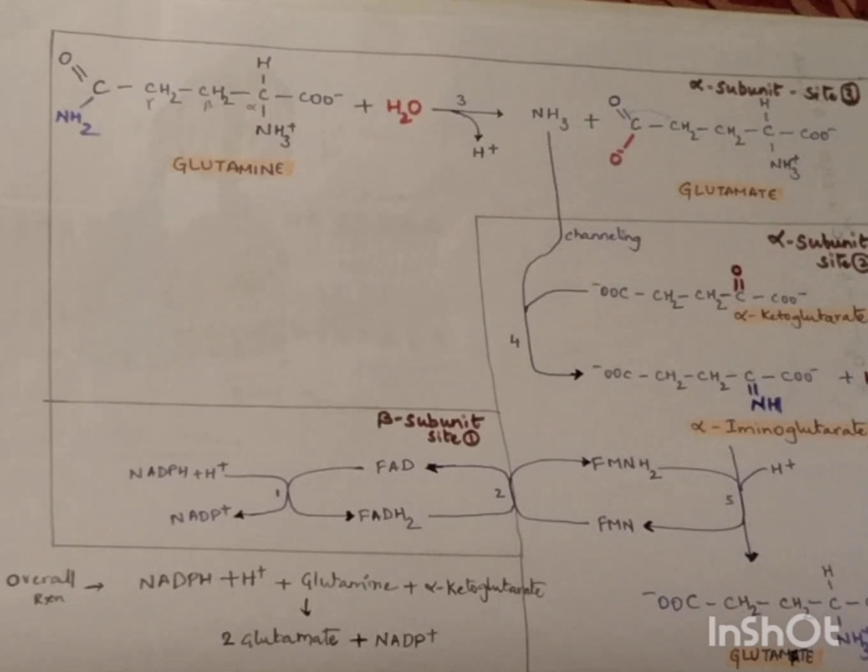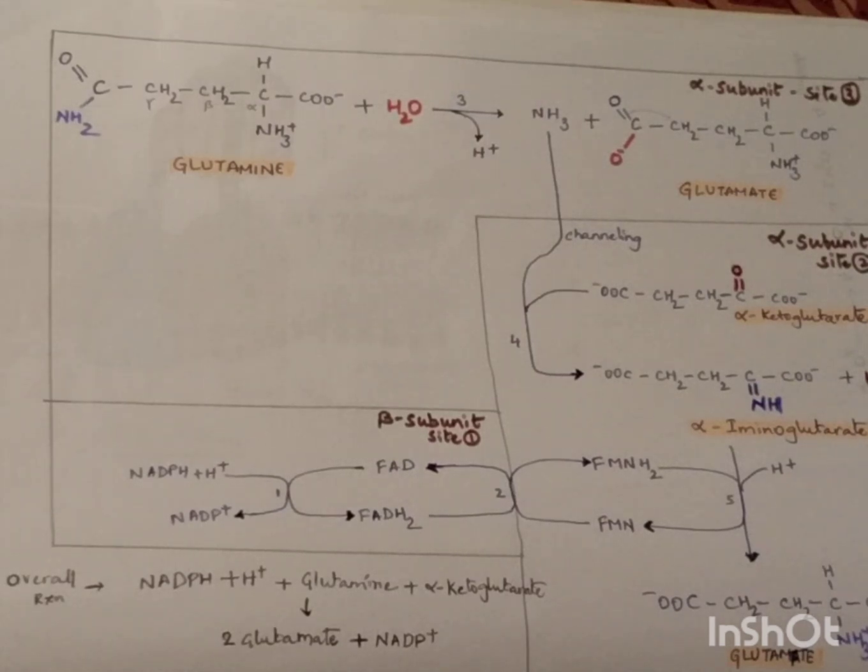Alpha amino nitrogen in the form of glutamate is an essential nutrient for non-essential amino acid biosynthesis. Proline is considered to belong to the glutamate family. The other members include arginine and ornithine. Glutamate is the initial precursor for the synthesis of proline. So let us first learn about the synthesis of glutamate.